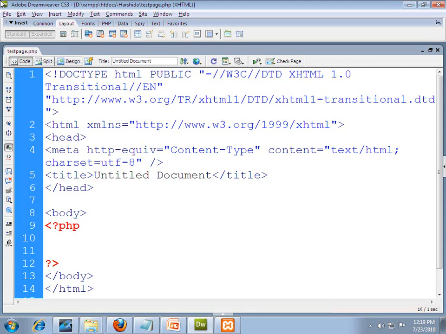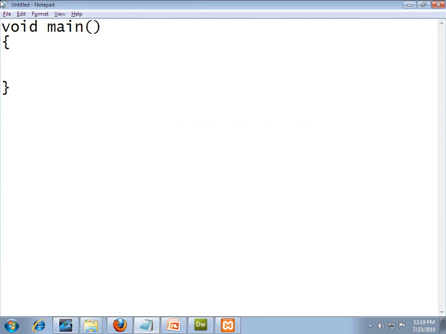Now let's understand how to print a message. Again we shift to C, where we write printf and then hello world. To print a message in Turbo C, if we are interested in displaying hello world, we use a printf statement.